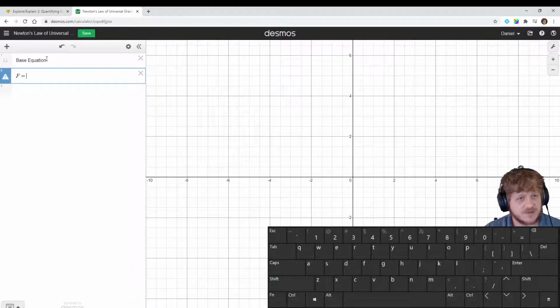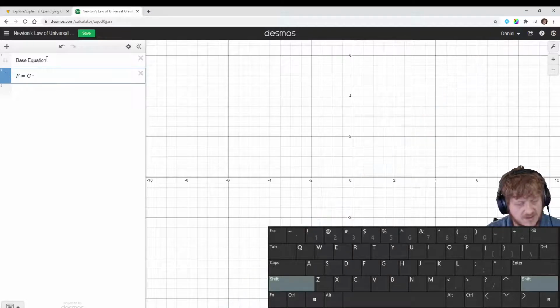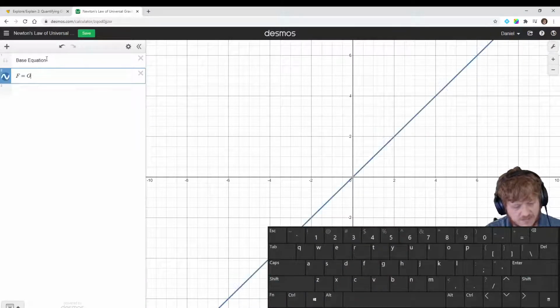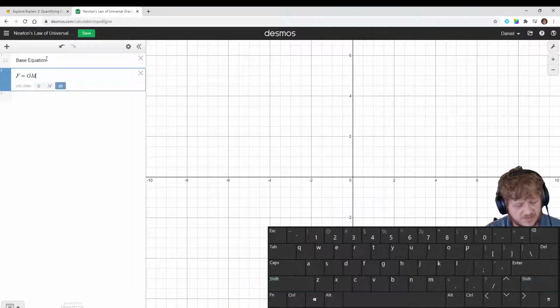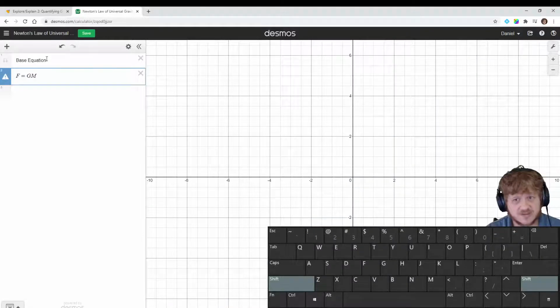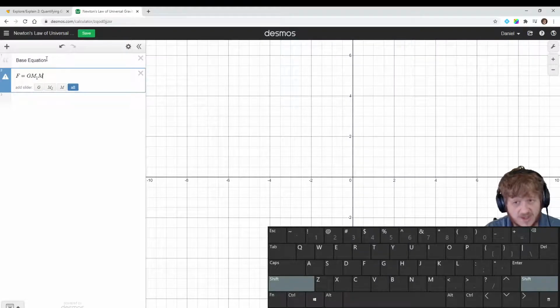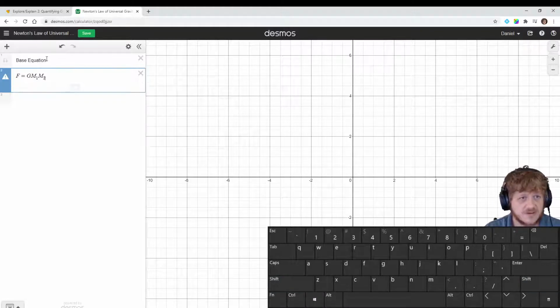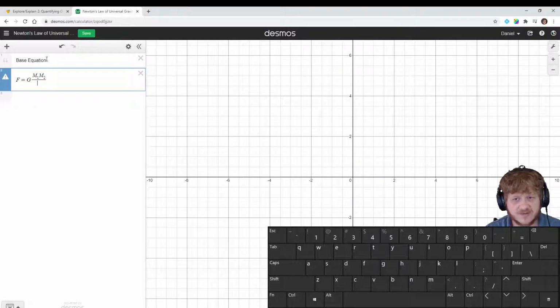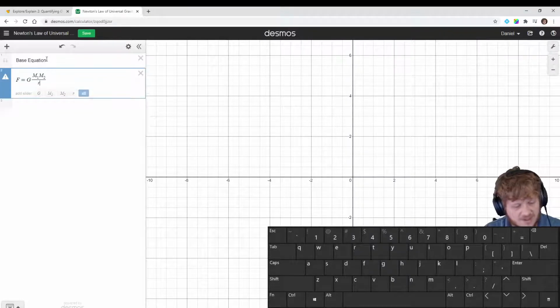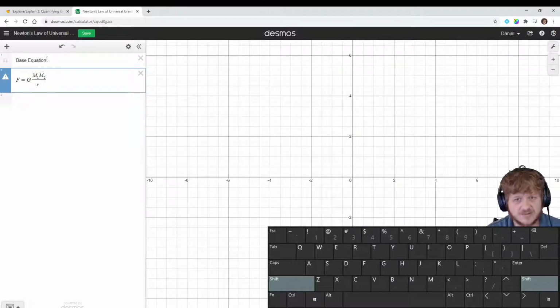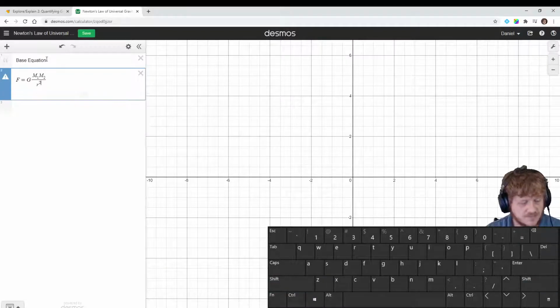We'll say F equals G times, and then we'll do M and then underscore 1, and then M, shift M, and then underscore again, 2, and we'll highlight all of this, and we'll hit division, and now we'll do R, and then caret, which is shift 6, squared,